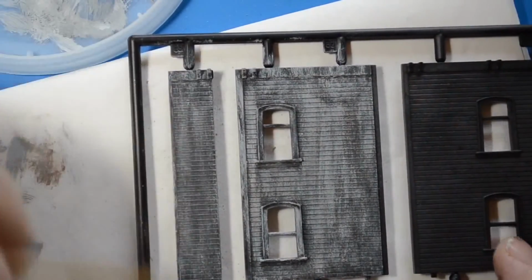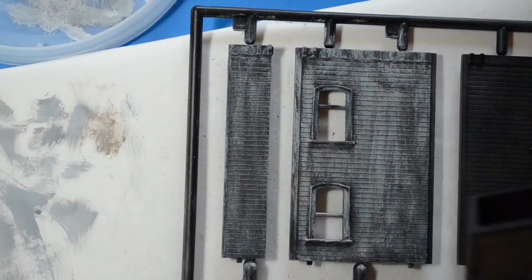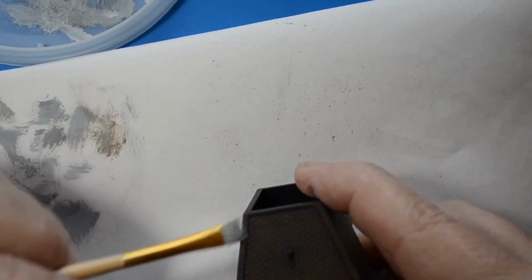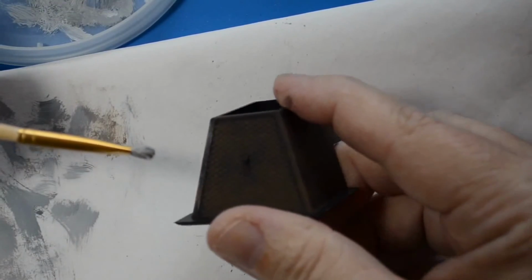And I'm going to continue on weathering all of the outside walls. I've already done the peak of the roof. And again, this has edgings here. And these can be weathered as well with these same colors. I don't know how well this is showing up, but